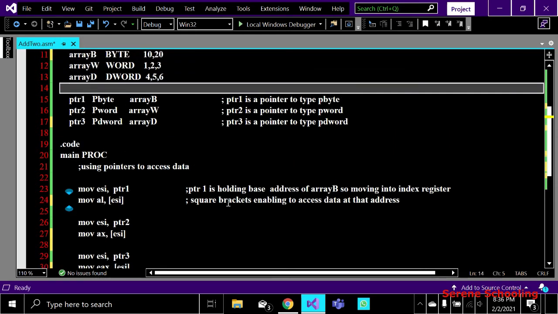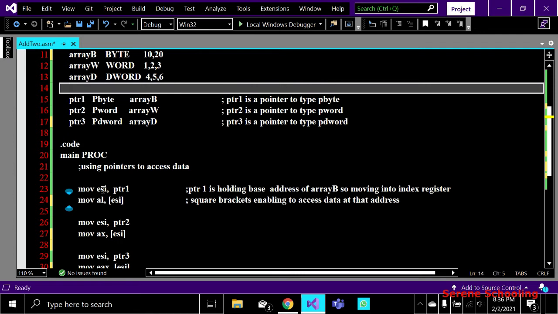Firstly, what I am doing, see over here, I am moving into ESI. This ESI is my index register, extended source index. In case of arrays, when we have to store the address in the registers, we normally use the ESI register in protected mode.